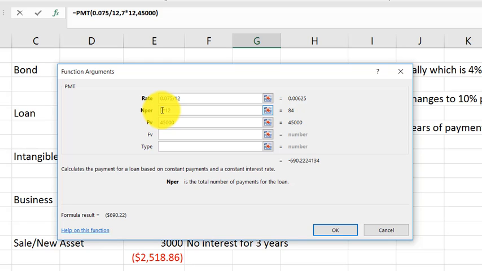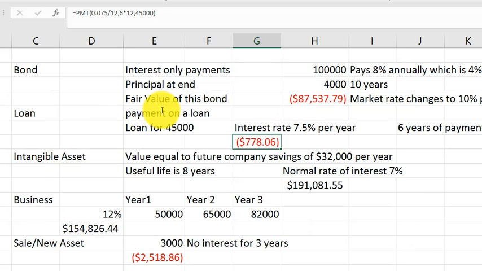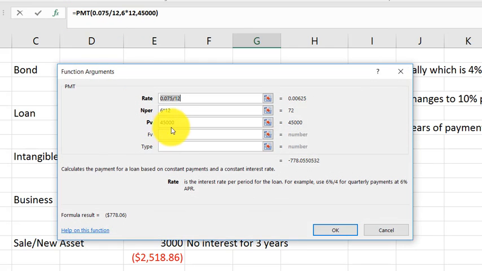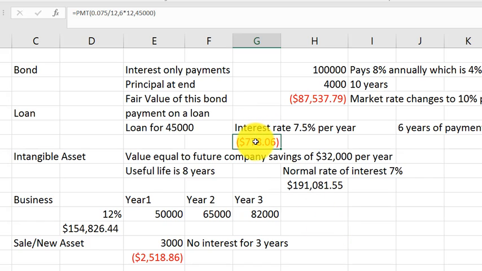All right, we'll start with 6. And then the loan amount is going to be the PV. So this will do that. We don't have to guess multiple times. We can just do it one time. Calculate the present value. The future value is going to be left blank. That would be for a balloon payment. If you've ever heard of a loan with a balloon payment, that goes there at the end. We don't have that. So our monthly payment on this, say a car loan for $45,000, would be